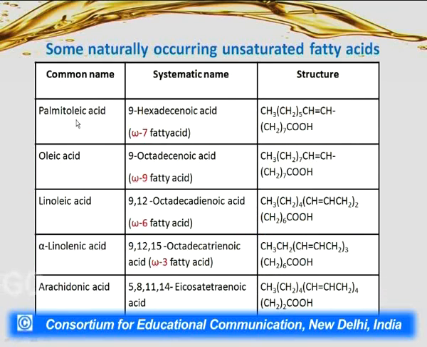This is palmitoleic acid. This is an omega 7 fatty acid. If we see its structure, this is the omega end, because this side is carboxyl. There is one carbon, then 5 carbons written as CH2, and this is the 7th carbon, and the double bond starts from the 7th. It is present between the 7th and 8th carbon. That is why it is classified as an omega 7 fatty acid, and its IUPAC name, because for IUPAC nomenclature we will number from this side. It is the first carbon, then 7 carbons written as CH2 and then this is the 9th carbon. So, the double bond is starting from the 9th carbon, so it is 9 hexadecenoic acid.